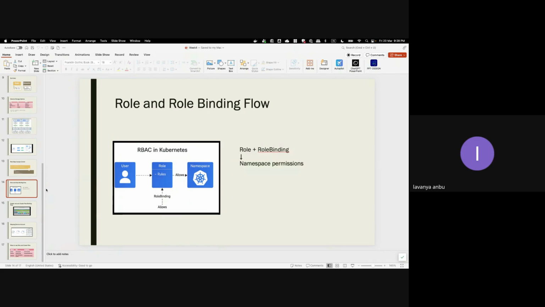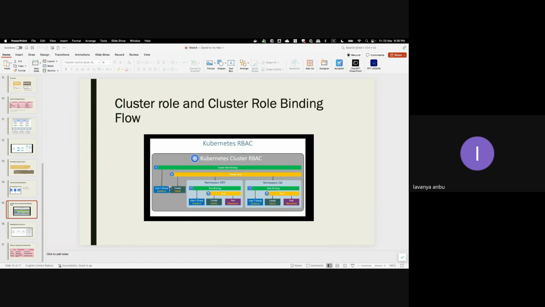But what happens if there are some users who need cluster level access? That is where cluster role and cluster role binding come in, where namespace restriction is not possible. For application teams, you should always consider giving role and role binding. Any application which needs only namespace specific resource access should be given only the role and role binding. If some application team, or a DevOps team, needs excessive permission, then you can consider giving cluster role and a cluster role binding access, which means they can have cluster level resources